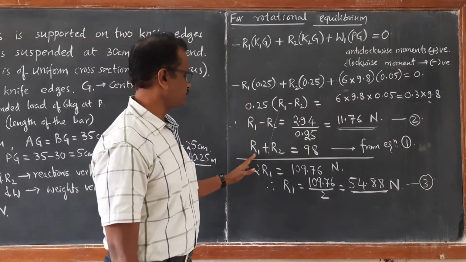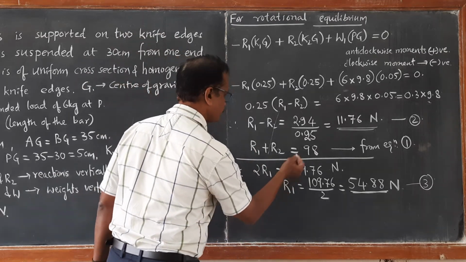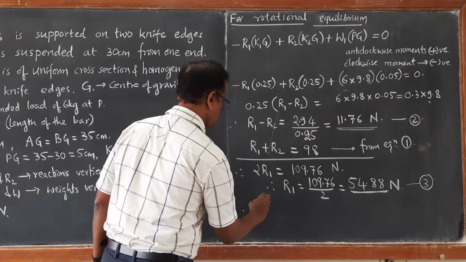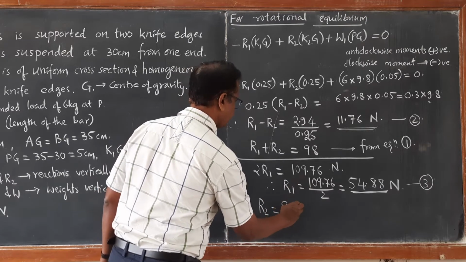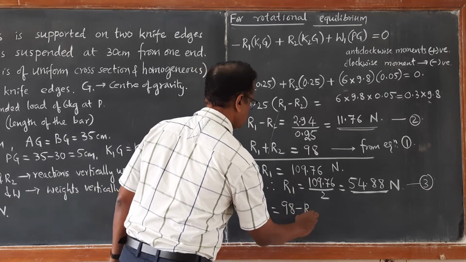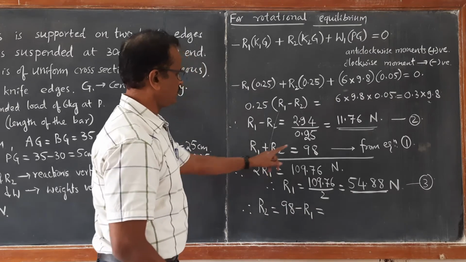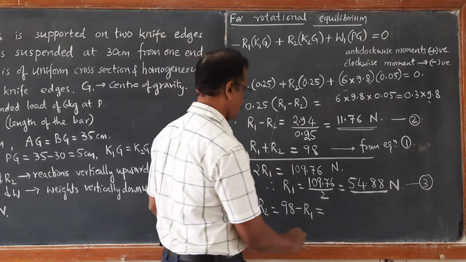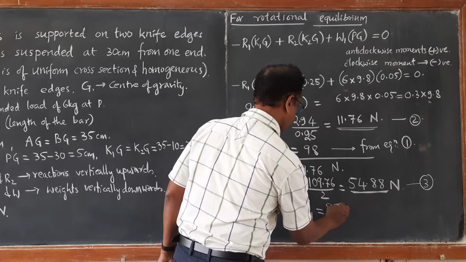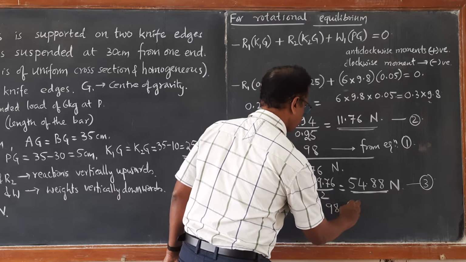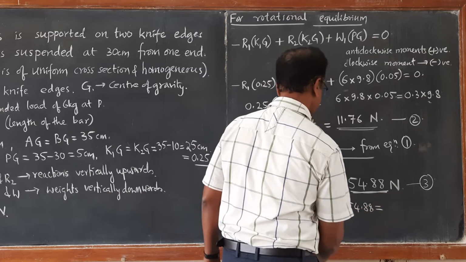We will get the equation for R2. Therefore, from equation 1, R2 equal to 98 minus R1. So R1 is 54.88. So if you calculate this,